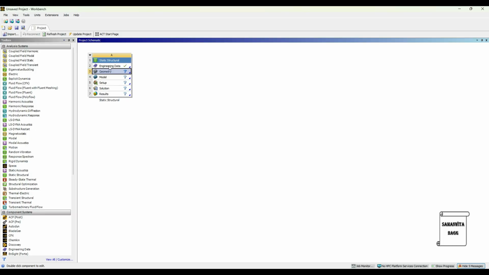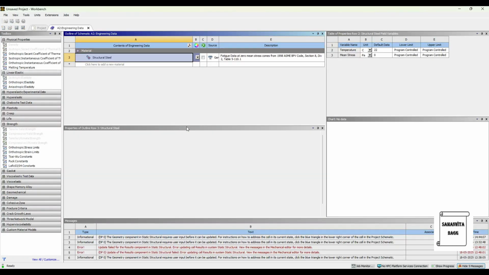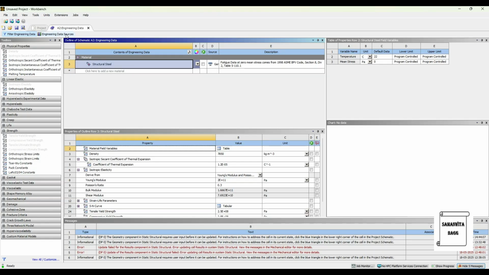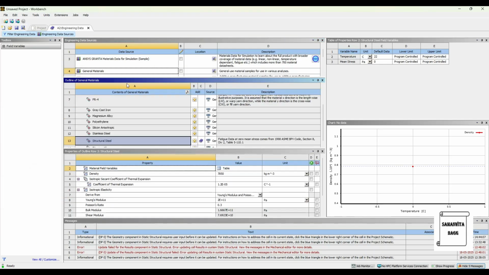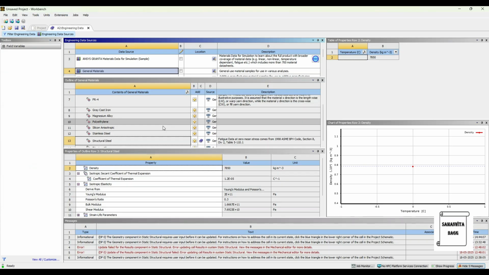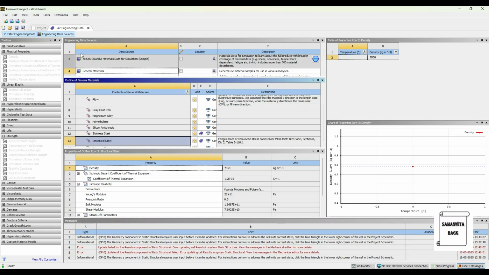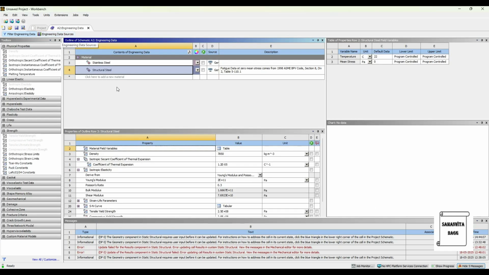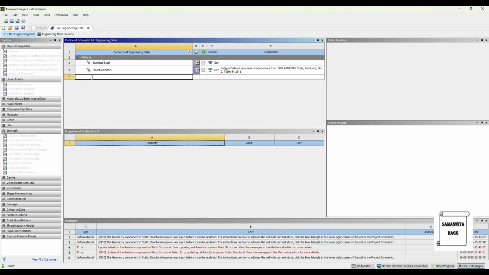Then we'll go to engineering data and double-click. Engineering data sources, general materials. We'll choose stainless steel as one of the materials. Again, I'll click on engineering data sources. I'll add one more material. I'll choose HDPE